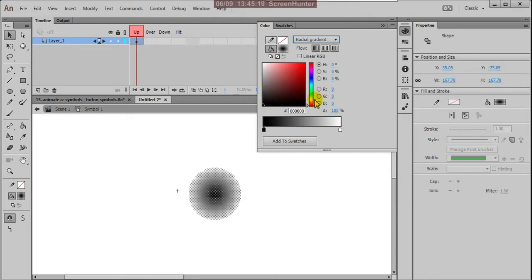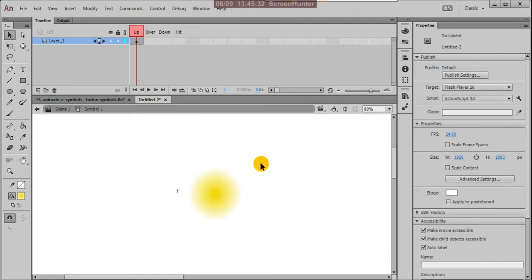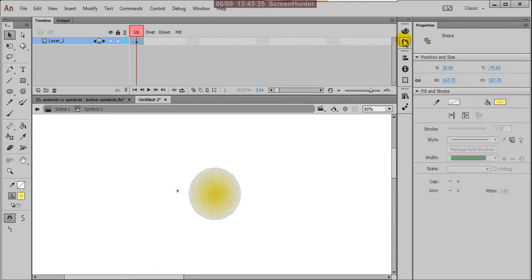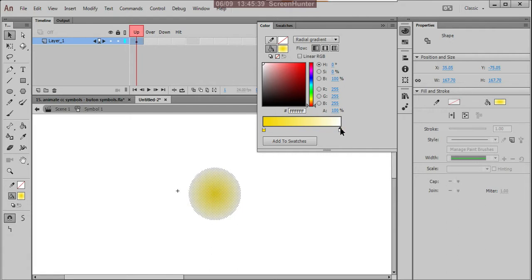In this position I'm using yellow, and here suppose make it white, otherwise yellow but a shade of that, or click on the red, a combination of this. This is my color combination.